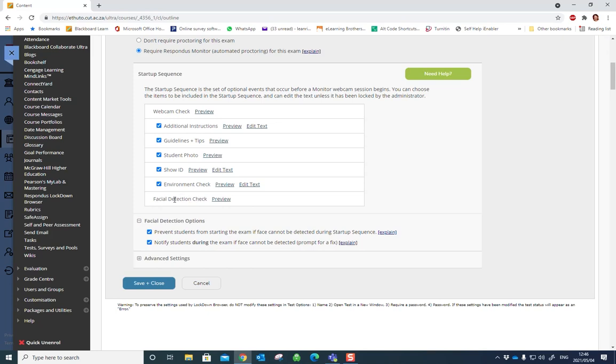It's going to check that there is a face in the camera view. For facial detection, you can prevent students from starting the exam if a face is not detected. So this means that if there's no one in front of the computer, it will not allow them to start